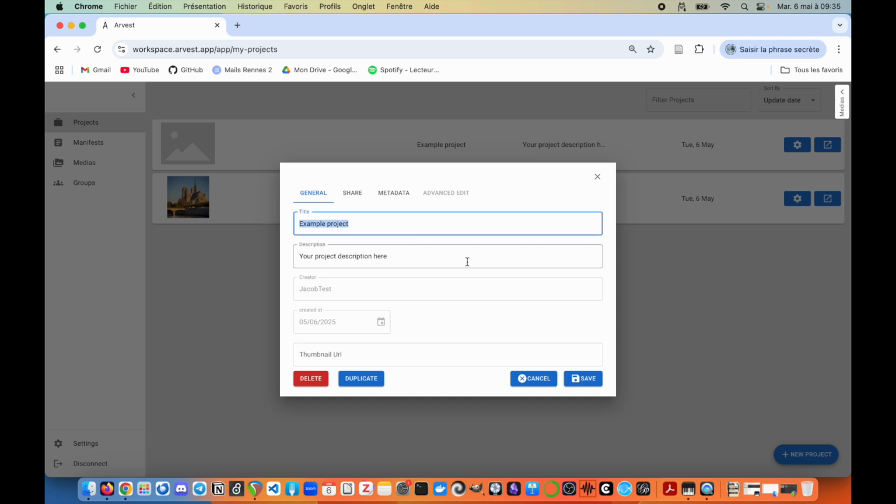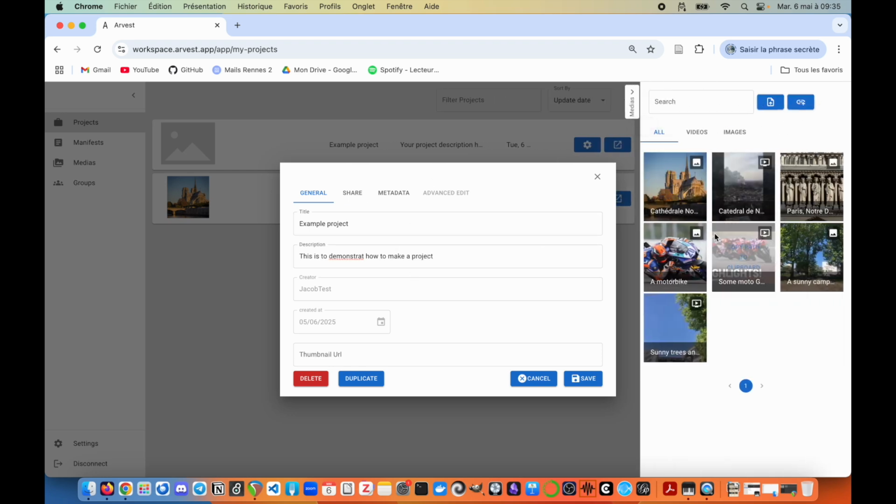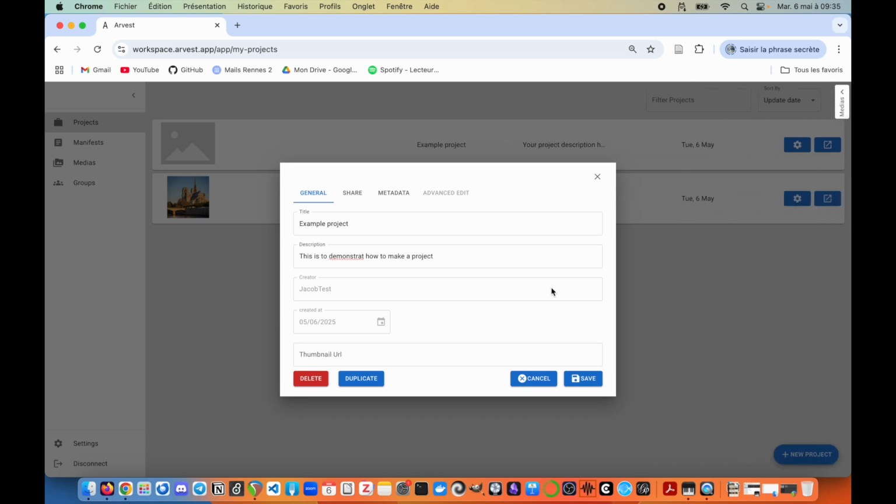So it's called example project. I can give it a description. So this is to demonstrate how to make a project. We can add a thumbnail URL. So like when we were creating manifests, we can open a media tab here to get a link to media that we've uploaded to Arvest. However, as I said before, it's actually a good practice